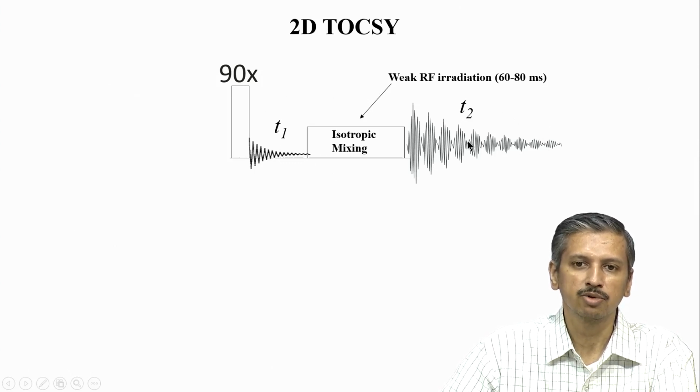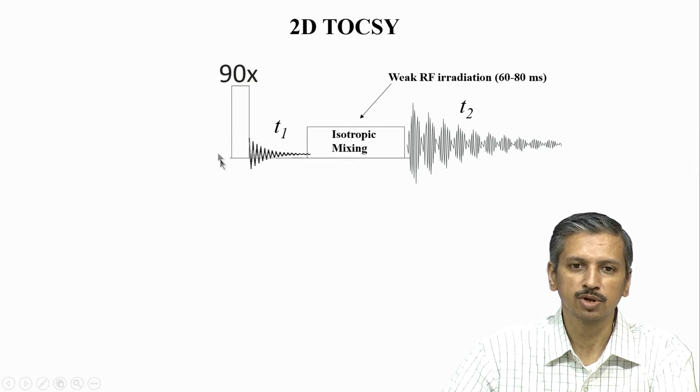At this stage, I would not expect you to fully understand how this pulse sequence works, but one should have a feel for the basic ideas. One is that they apply an RF pulse. The first pulse is always an excitation pulse in an NMR experiment, and then you evolve the magnetization. During this evolution period, there is a transfer we consider in the COSY experiment, but in a TOCSY we do not look at it that way. We assume there is no coupling. Let us not worry about any transfer here. Let us say that there is only a chemical shift evolution.